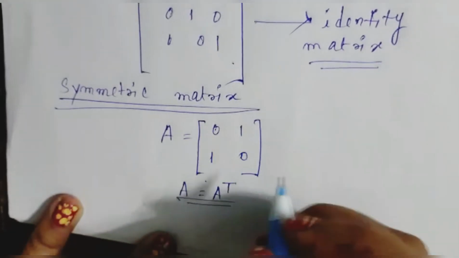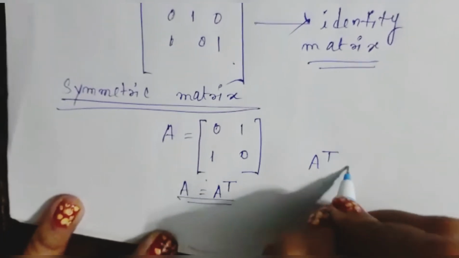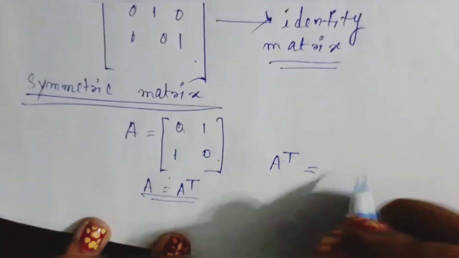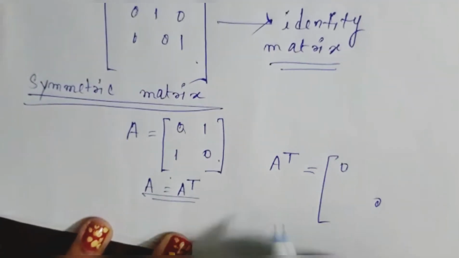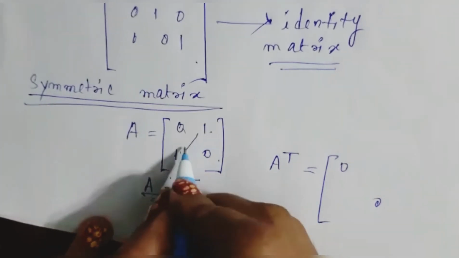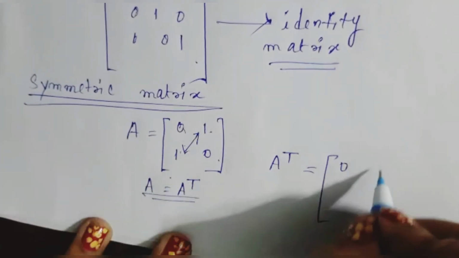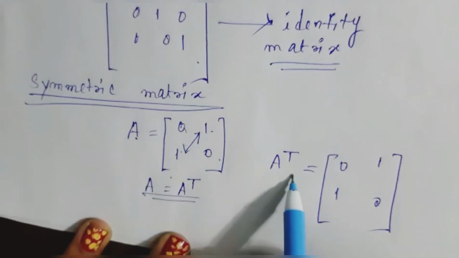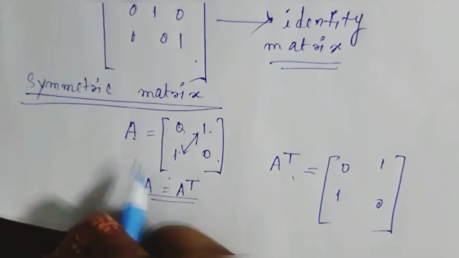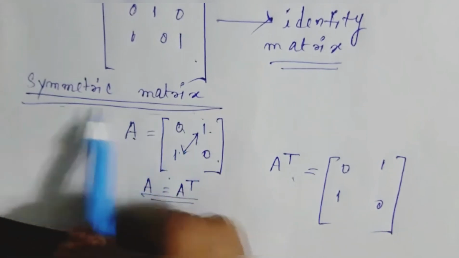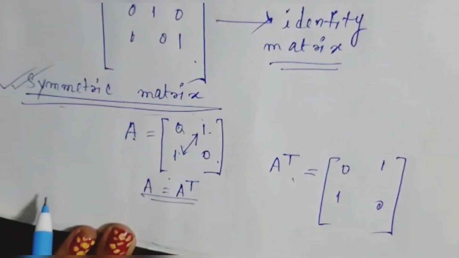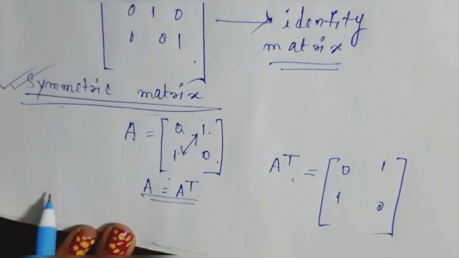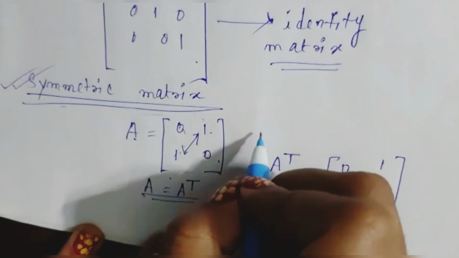If you transpose this, what will come? The 0s are going to be the same, and these positions are interchanged, so 1 1. So now see, your A is equal to A transpose, so in that case it is going to be a symmetric matrix. Okay,